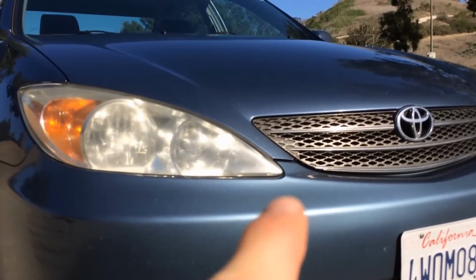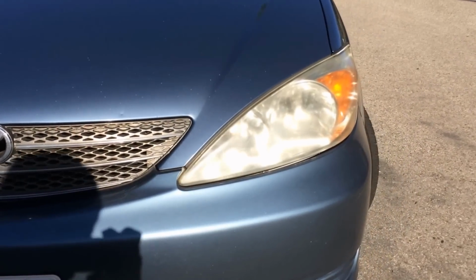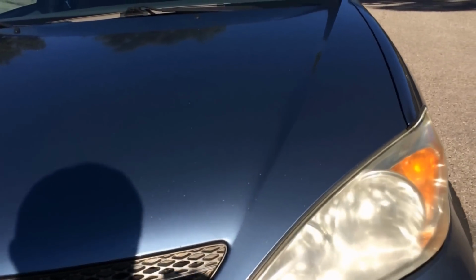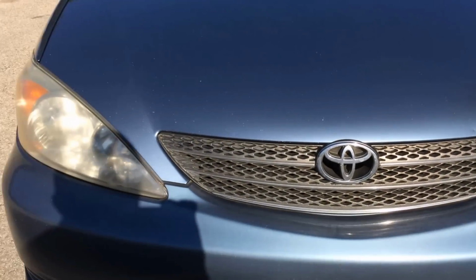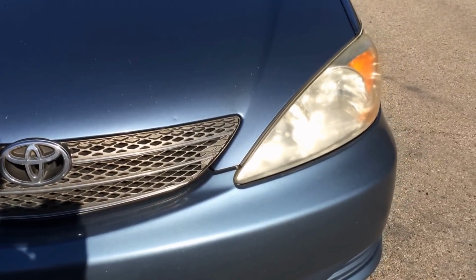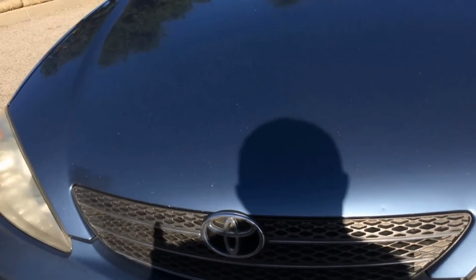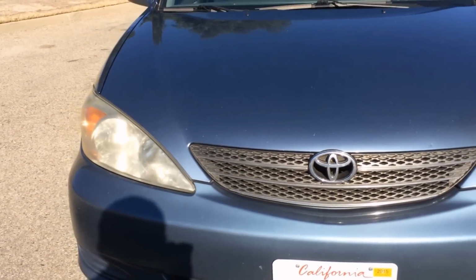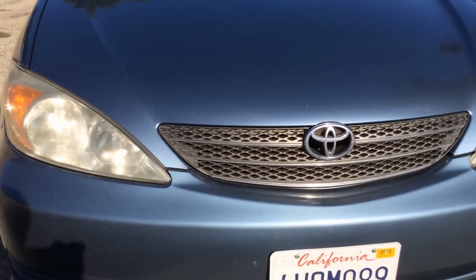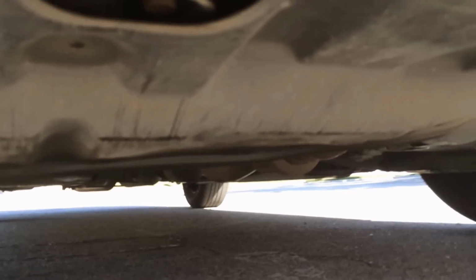Actually, even as we look here in the front, we can see there's a little bit of fading on the headlights themselves. So that's not that big of an issue. With these kinds of cars, they have thin lenses on them, kind of a cheap plastic. So that does occur. If it's the same on both sides, it's not that big of an issue because you can just repair it. However, if there is one side that's fogged up like this and the other side's clear, I'd wonder if that thing was in an accident. I'd look on the sides, even under the hood and everything, just to double check, because a lot of times that's the case. Alright, and then basically just taking a look at the front end,